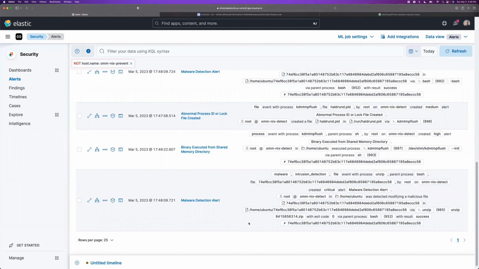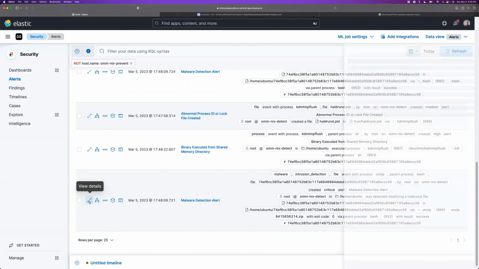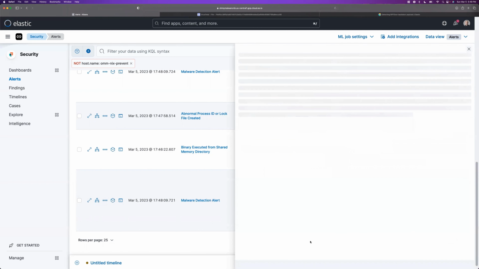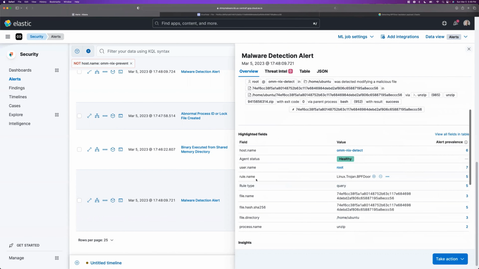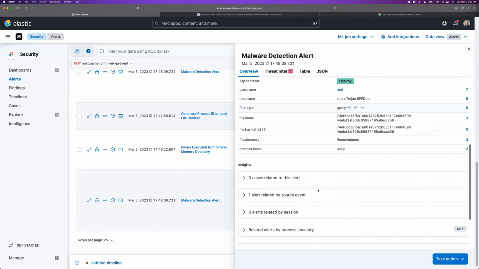Yeah, so you can see here, first thing that happened is we identified that specific payload as malware right from the start. On Linux specifically, the way we do this within Elastic is we use Yara signatures, and we'll actually show you the signature name that was detected. You can see it right here, rule name, Linux Trojan, BPFDoor. So if I was investigating this straight away, I know that this binary is a BPFDoor payload, which is great. As soon as we unzipped it, we detected that,